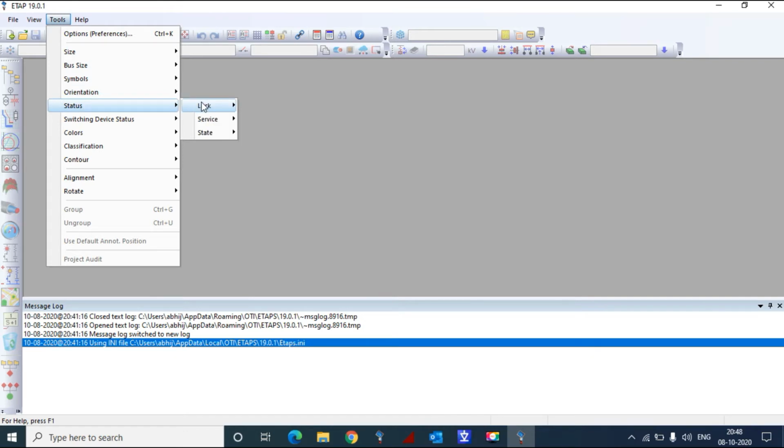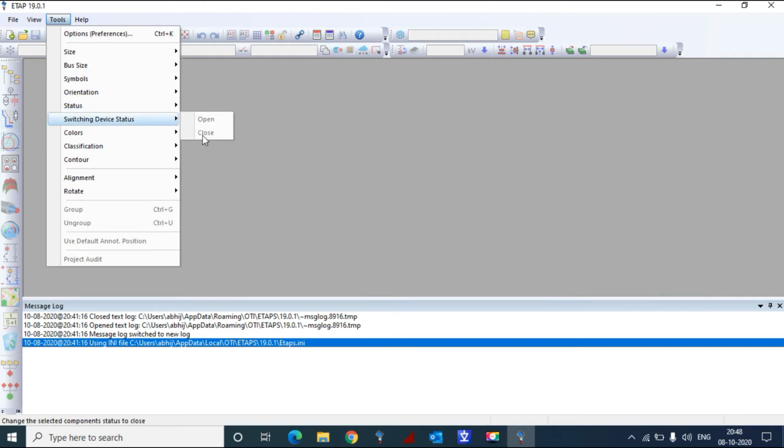The status is a kind of lock unlock status for service, in service, out of service, and state is kind of as built. If it is a new project you are building, or if it is a future expansion of the load, that also can be labeled as future. If it is moved from one switchgear to another switchgear, or if that load is modified from x value to x plus delta x, that also can be done here.